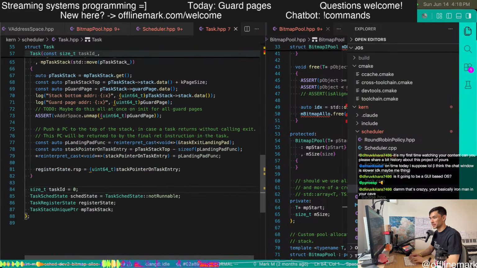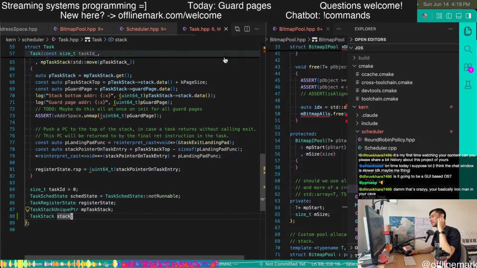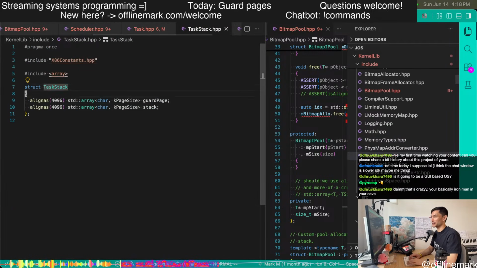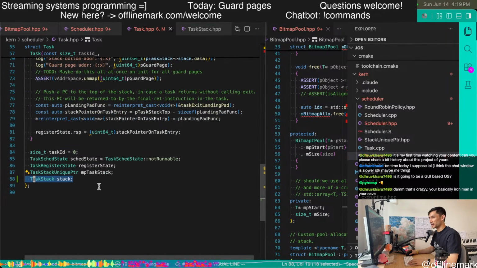So over here is basically the struct. Ideally, I would have a task stack or something like that and just declare it inline in the struct. But that very ideal, very naive solution just simply does not work. A task stack, as I'm doing it, is a large allocation. It's like 8,000 bytes because I want to have a guard page and also a stack. And ideally, it's going to be even more. And so that's not really something that we can just put into the task struct inline.